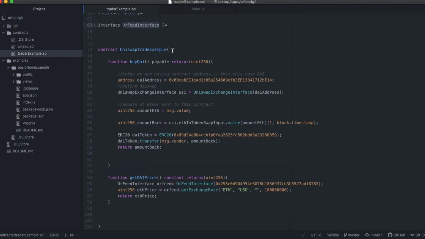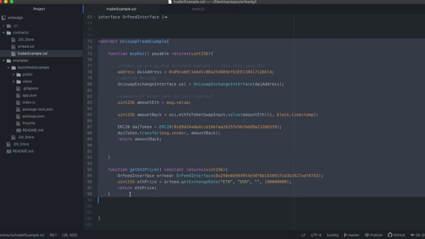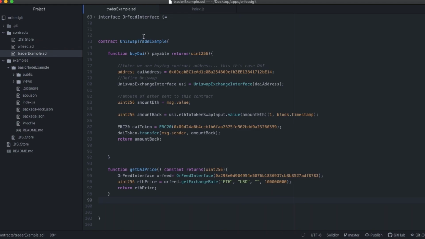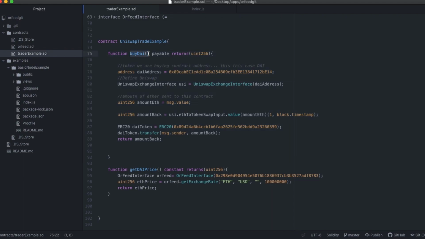The main thing that we're doing here, our smart contract that invokes the above libraries, is just this little piece of code. It's about 25 or so lines, right? 28, 29 lines of code. Okay. And so we're going to focus on this, and a lot of that's just commented out. There's very little. So we're going to go over what this does. So it's a contract, has a name. This is arbitrary. You can name your contract anything. This is called the Uniswap trade example. And then what we do then is we create a function. Now, a function is just something that does something. And this one's called buy DAI. What we'll talk about also is how you can get this code.